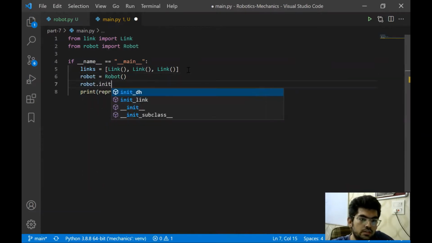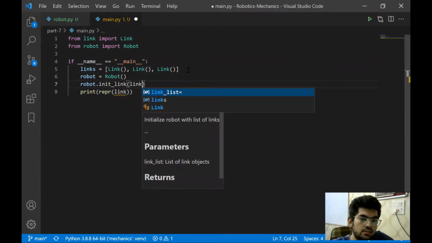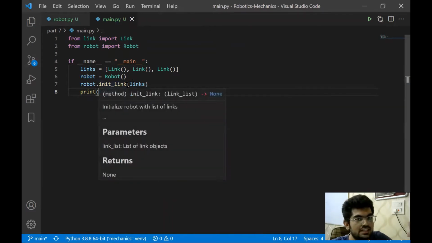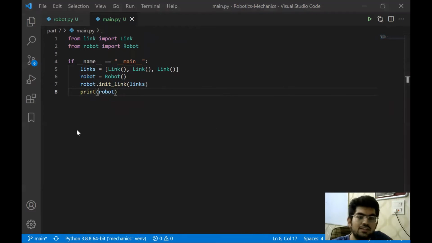In init link, we are going to pass a links list. Now let's see what the robot prints. Printing it before over here won't make anything print, but printing it after we have initialized the links is going to print something. Let's see what it prints.